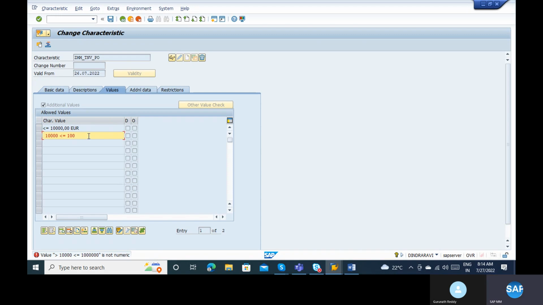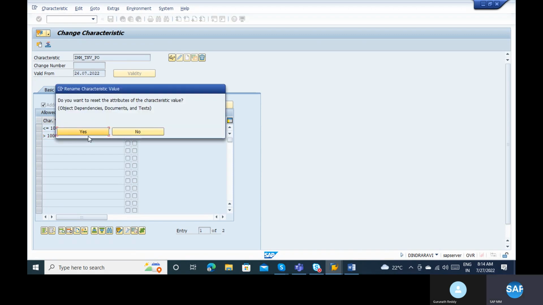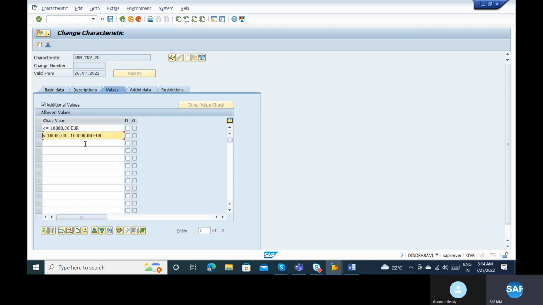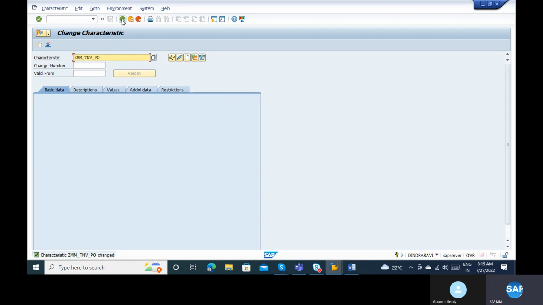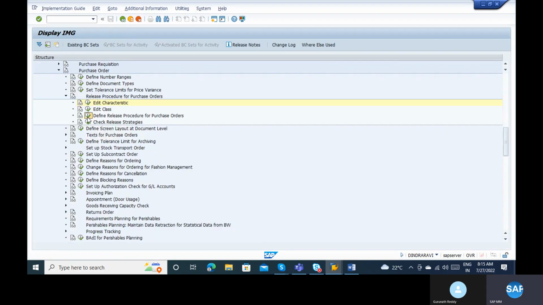It should be allowed here. You can enter the intervals also from, okay. They have to give space. I think one minute. 10,000 hyphen. Okay, do you want to reset the attributes for the characteristic value object? Okay, so in the middle we have to give the space. Okay,